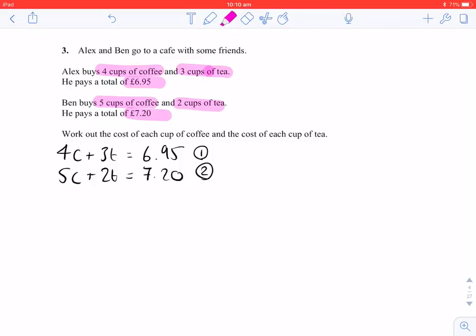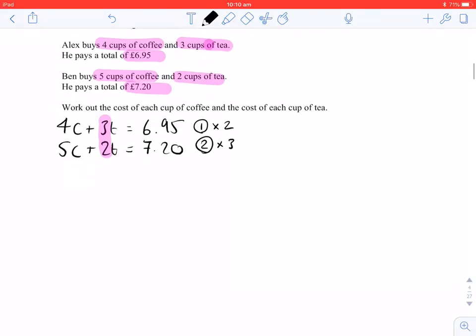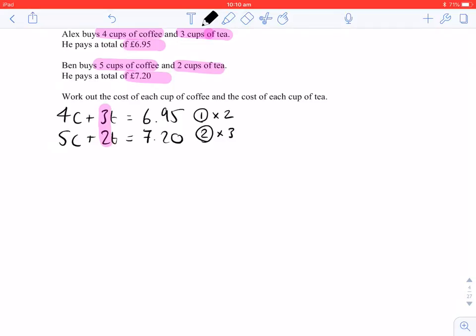What we need to do is get the same number of teas in both. At the moment, we've got 3 and 2. So I can say that 3 and 2 both go into 6. I'm going to times the first equation by 2 and the second equation by 3 to get 6t in both. By doing that, we're going to get 4c times 2 gives us 8c,